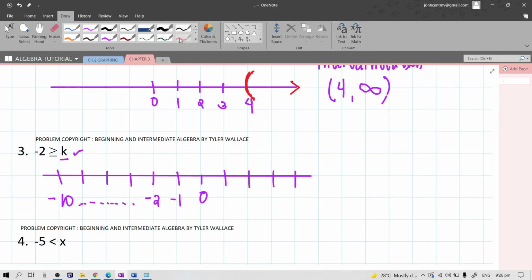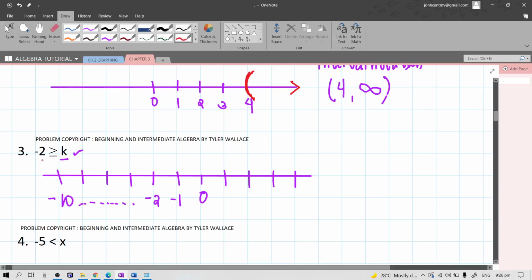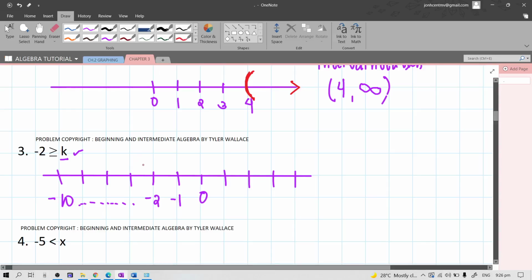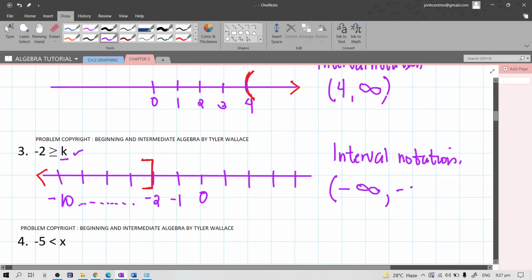And sabi, negative 2 is greater than, so mas malaki dun kay k. Ibig sabihin, yung bracket mo dito, paharap, kasi tinutukoy mo yung mga smallest number kay negative 2. Therefore, your interval notation is negative infinity, negative 2, and since this is bracket,